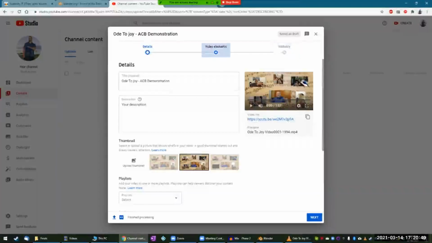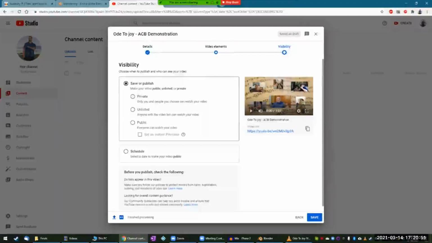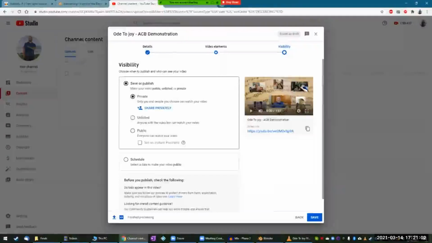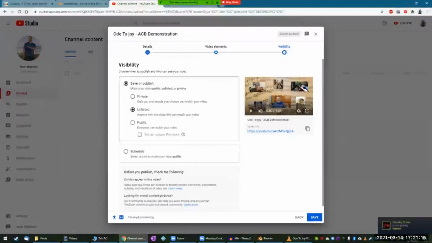And then finally, visibility. Save or publish. So you have a few different options here. The thing I mentioned about correcting from last week was I said to publish your Conductor video as private. You can, but you have to then enter all the emails from everybody that you want to send it to, which can be arduous. What I should have said was to publish it as unlisted. That way, anybody who has the link, which you would send in your email, can view the video.